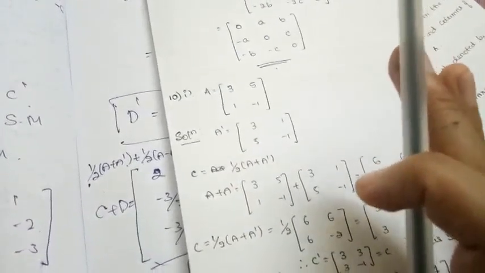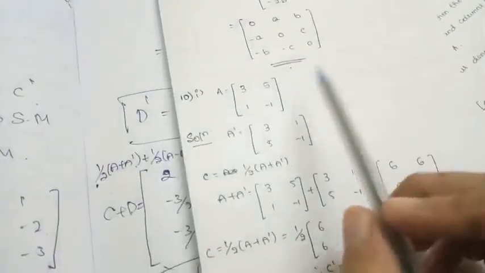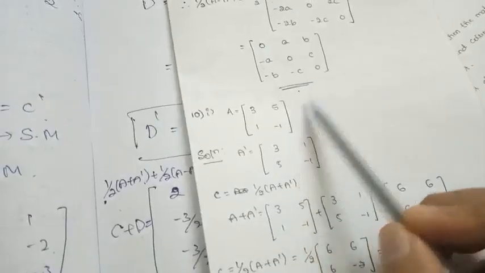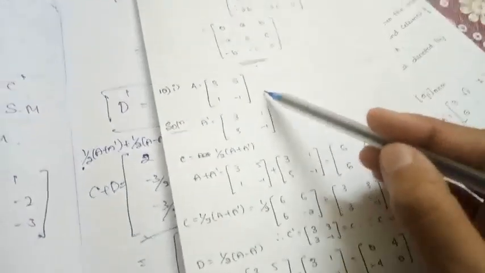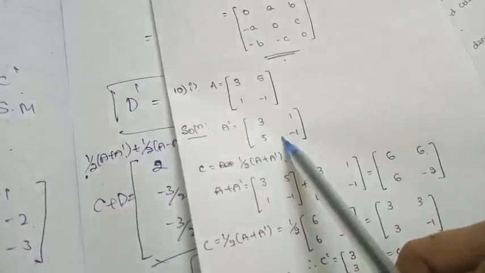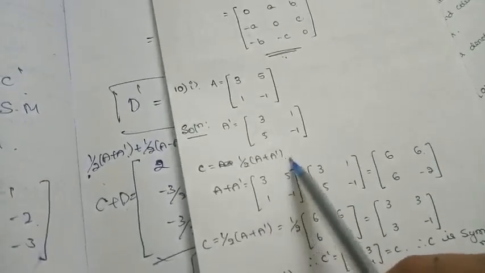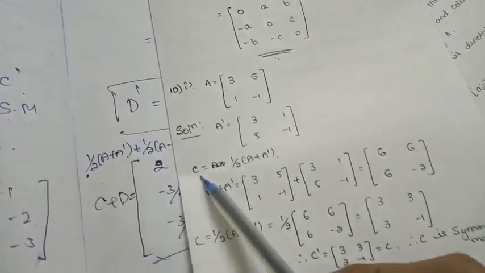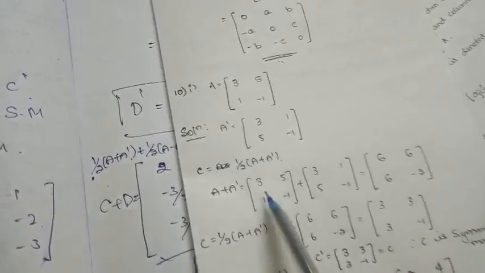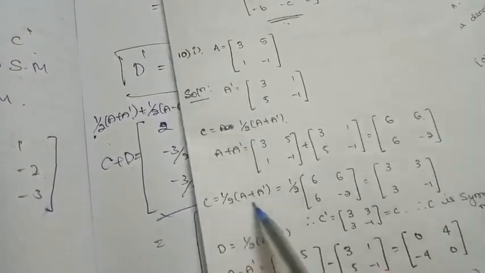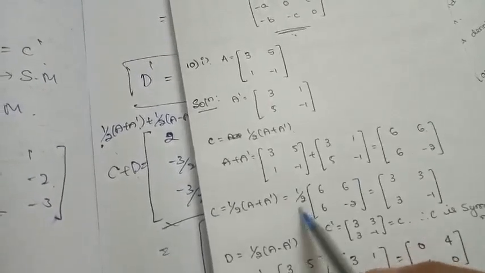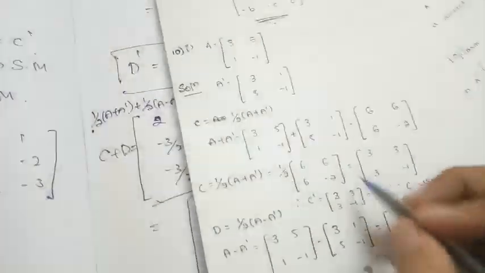The next is the 10th one. In the 10th question, I think there are 4 questions, and I have solved only one. Here you need to express a given matrix as the sum of a symmetric and a skew symmetric matrix, which I have already explained. Now here it is for 2 cross 2. I will brief it once again so that you can go through it again. So first I took the A transpose and I called half of A plus A transpose a matrix C. To get the matrix C, first I need to find A plus A transpose. I did a sum of these two matrices, that is A and A transpose. I got the matrix A plus A transpose, and I multiplied half to A plus A transpose, that is nothing but our matrix C.